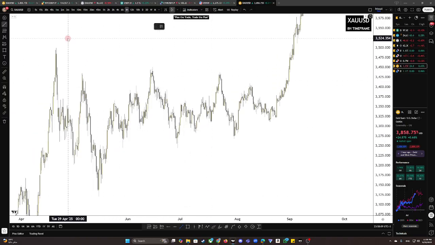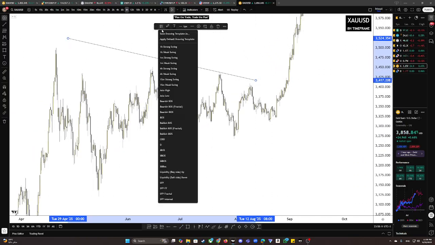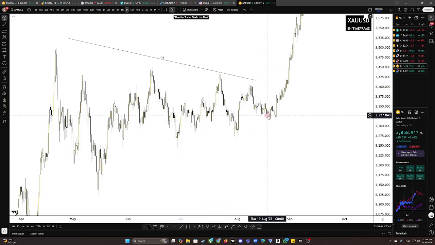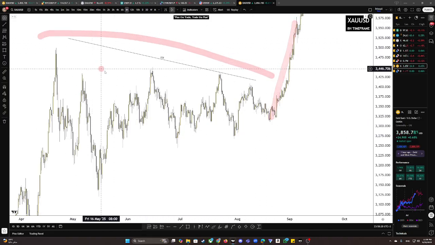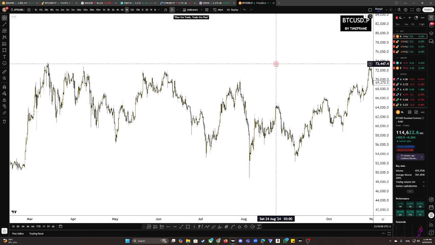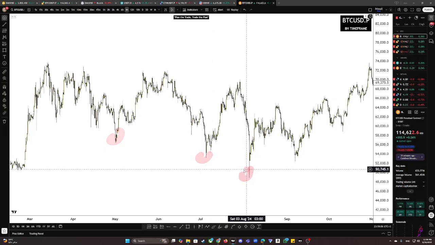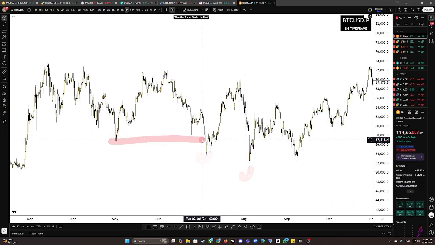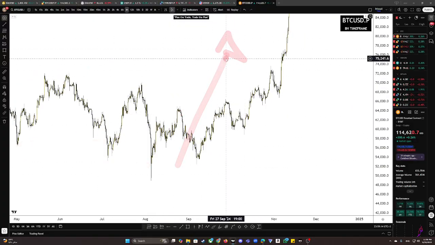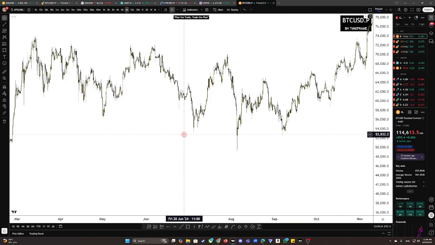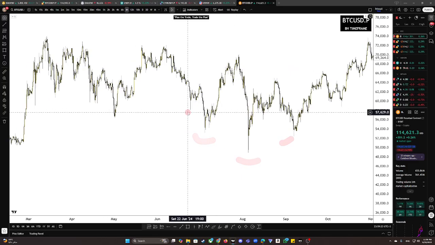As you can see here, there was a very nice trail of liquidity on gold, which caused price finally to reverse and take out all this liquidity. Another very nice example for liquidity is when Bitcoin kept making lower lows and lower lows, each time grabbing liquidity until price finally kicked off and moved very aggressively towards the upside. And basically what's happening here, of course there's a nice head and shoulders pattern here, but back to liquidity again,